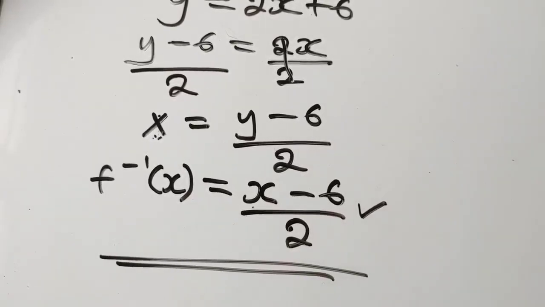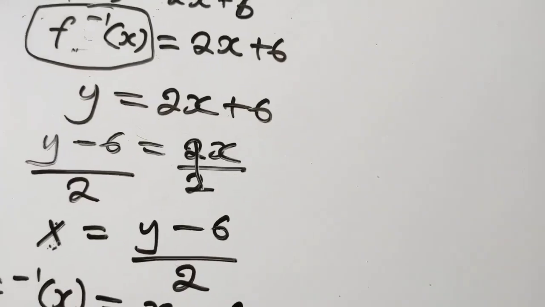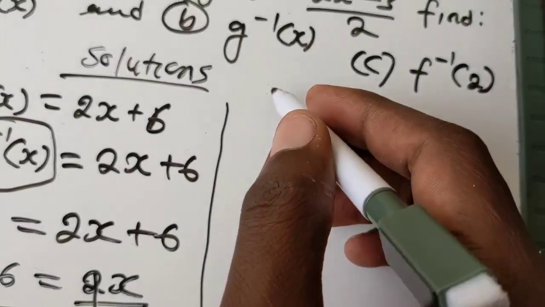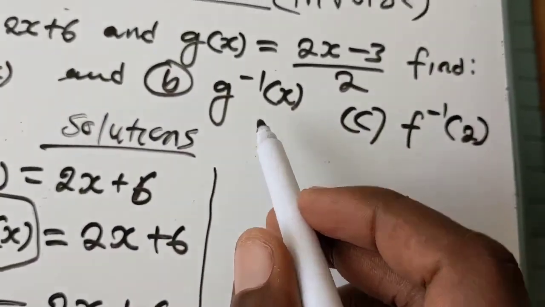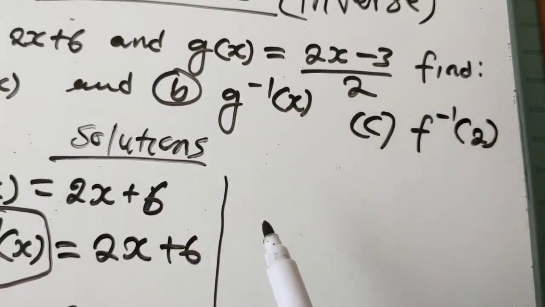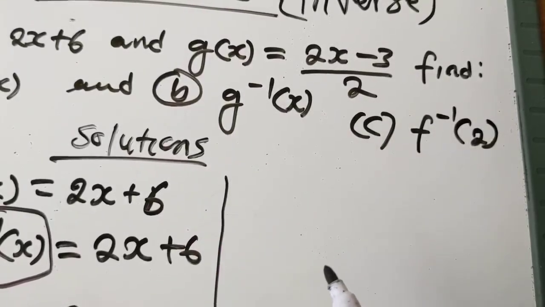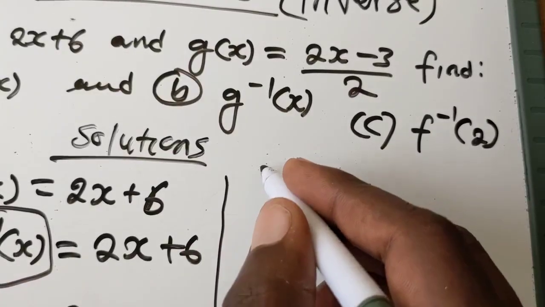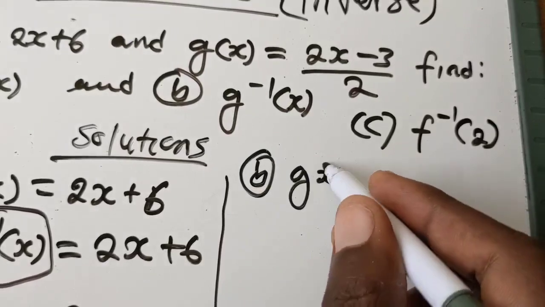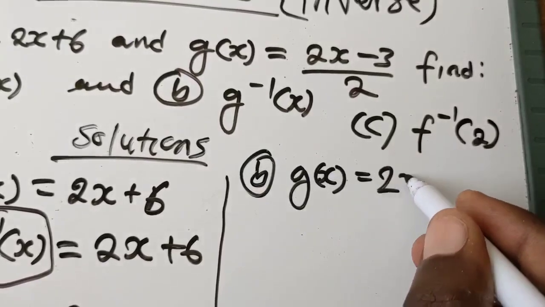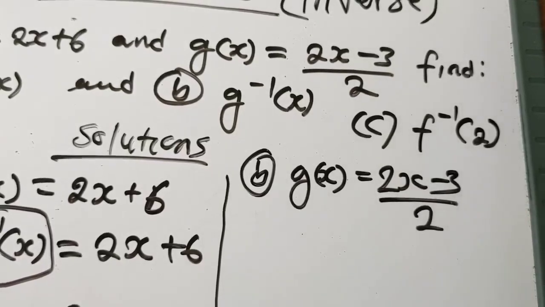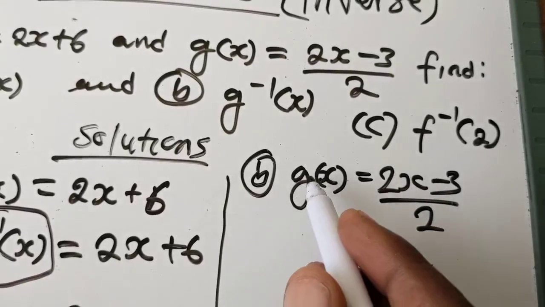So for more understanding, let's do another one. So here we have to find the function g inverse of x. So we have g of x. This is our B. So we have g of x as 2x minus 3 divided by 2, like that. Then we said that if you want to find this,